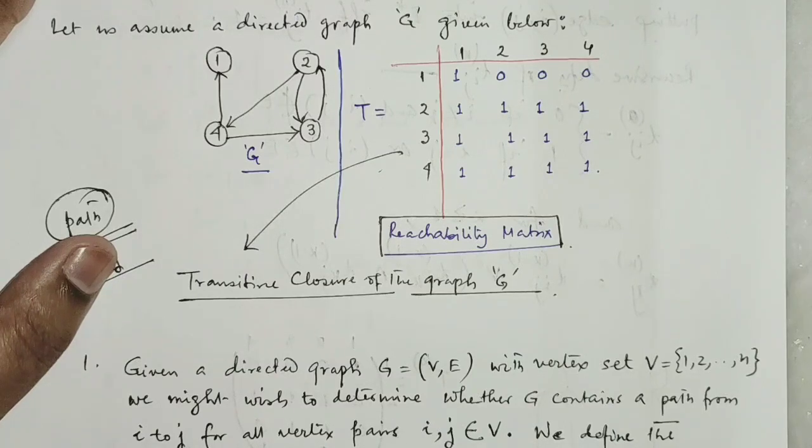One is the outer loop that indicates the intermediate vertex, which is k. Under the loop, for each k value, you have to treat the entire matrix, that is i and j. That means i is the row and j is the column. i starts from 1 up to n, j starts from 1 up to n, and you know how to implement Floyd-Warshall, because in our class lecture on Floyd-Warshall, I have already uploaded the video to my YouTube channel. If you forgot it, you just go through it, because the formula is somehow required here.